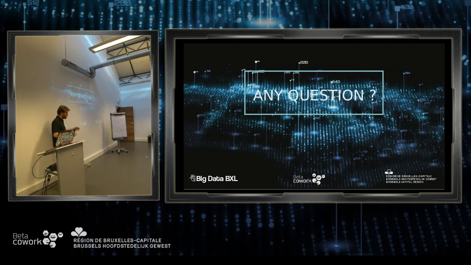But yes, there's definitely larger scale stuff. So that's it for now.